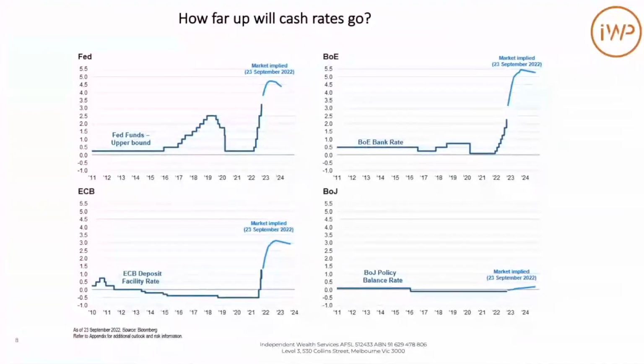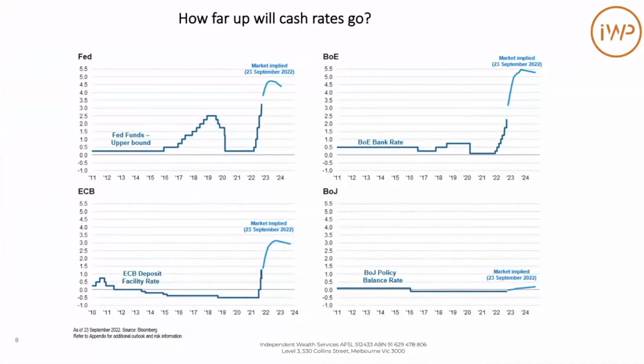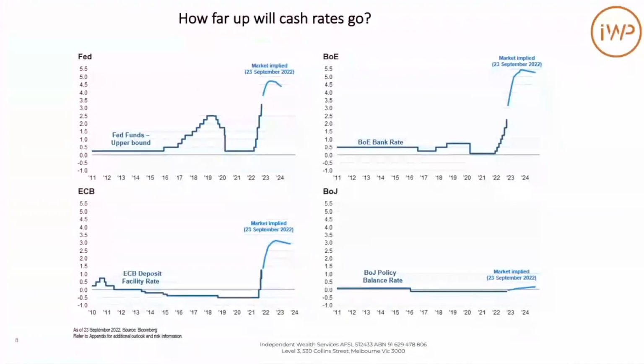Yeah, absolutely. These are our CPI numbers around the world, which we've been through a little bit. Importantly, the question is how far will cash rates go, and the bond market is predicting, say in the US Federal Reserve, where we are now, about 3.5, it might get to around 4.75. That's what the market's predicting, and then it's predicting that it will fall off. And you'll see that that's the same for the Bank of England, even with the issues they've got in the UK at the moment, and over there, the ECB and the Bank of Japan.